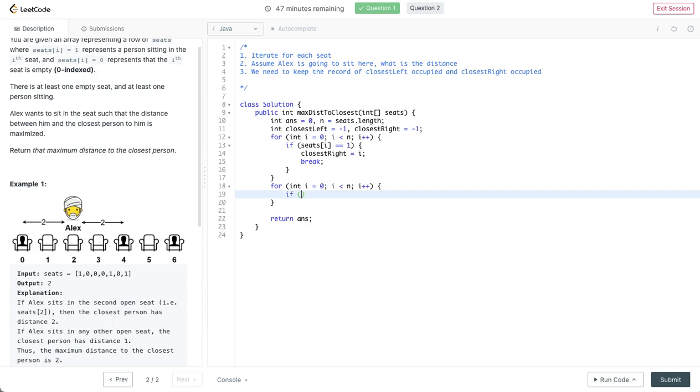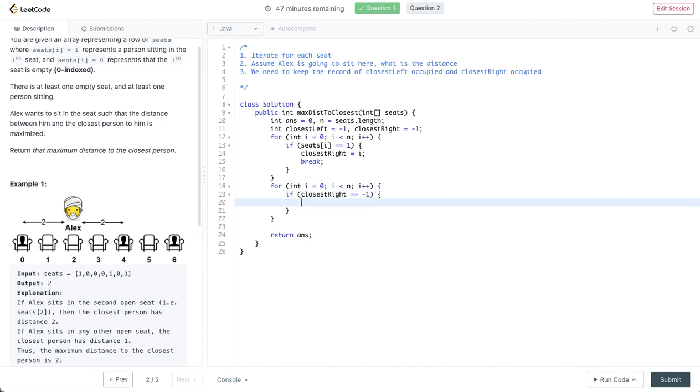Well, maybe if closest right equals to -1, then while closest right is less than n, and seat the closest right